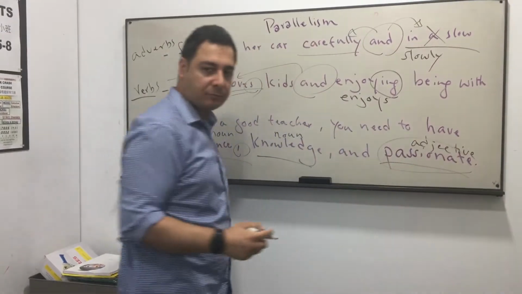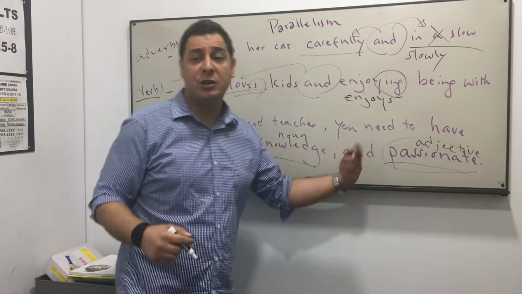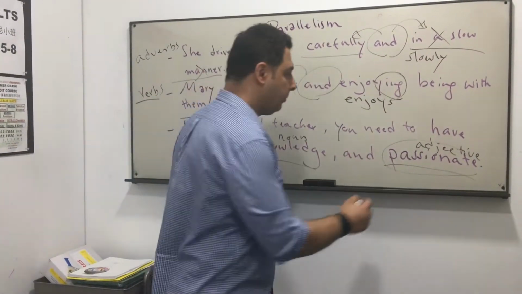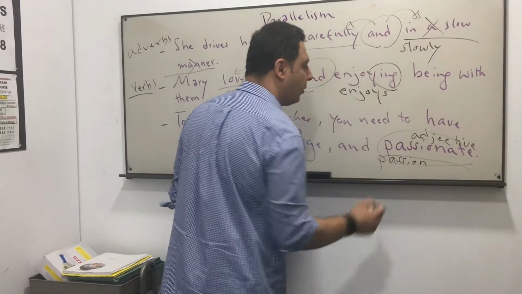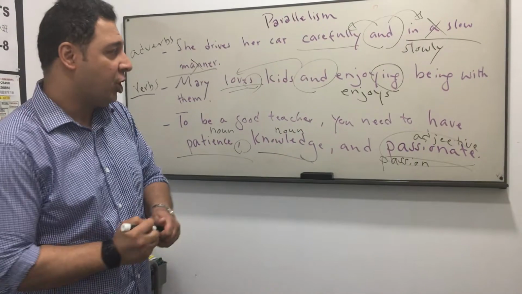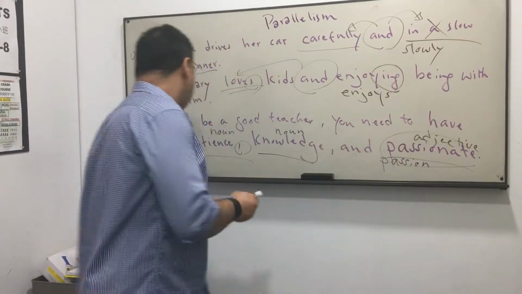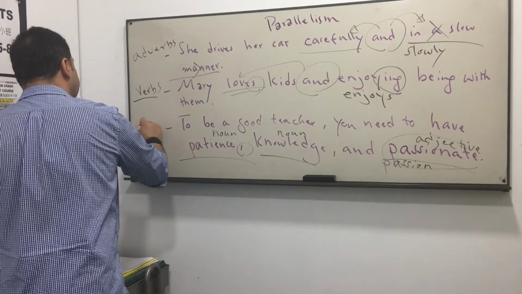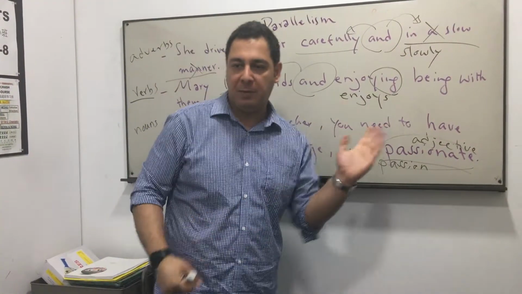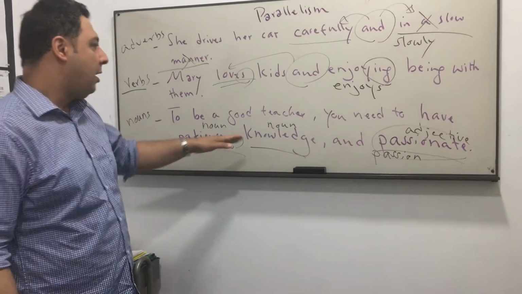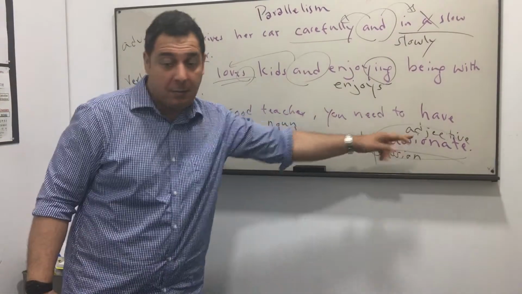You don't need an adjective here, so we have to turn it into a noun. And passion. So the right word here is passion. So this is with nouns, but you could also have adjectives, such as you need to be patient